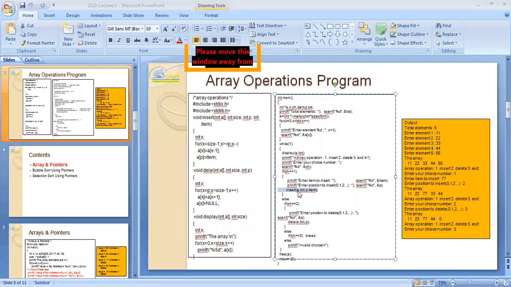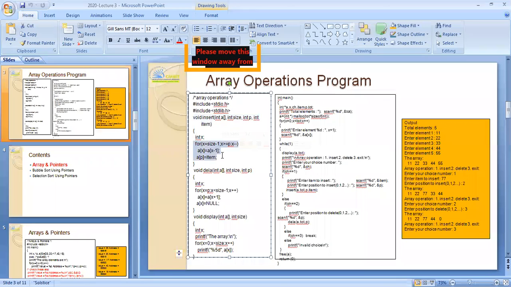So insert of a comma dot comma p comma item. Now this is a calling function that is inserting the element into the array. So now I come here for the insert. So a is taken as a only, total is taken as size, p is taken as p only, and what is this last one, item? So what is the element which you have to place?